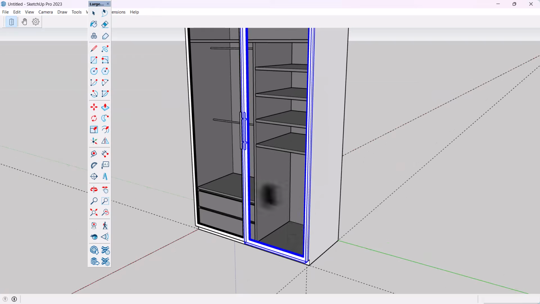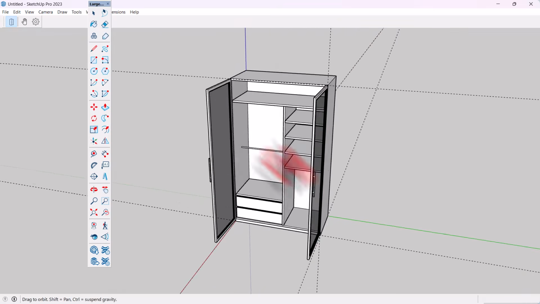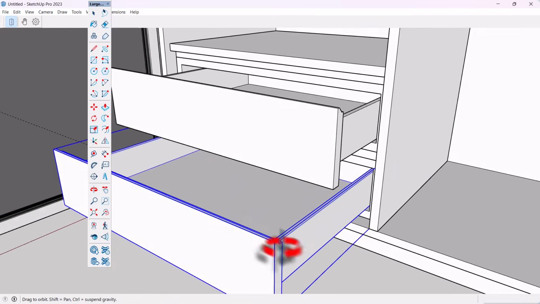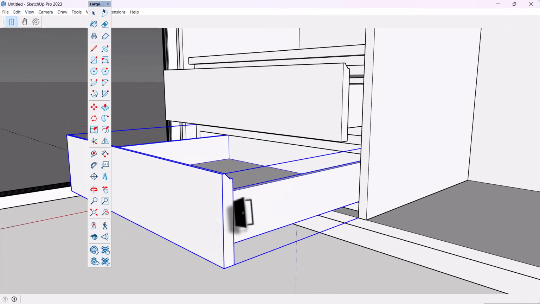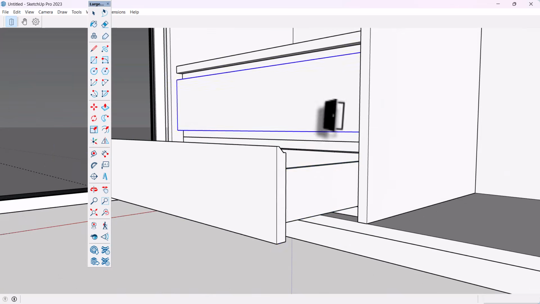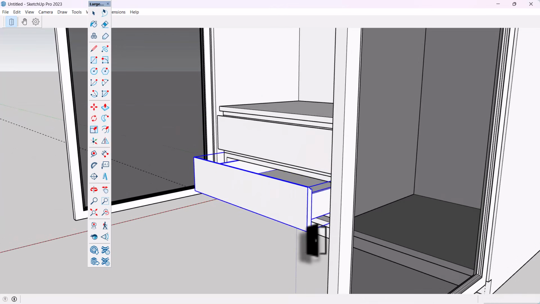Many people think a small bedroom cannot have a beautiful wardrobe, but that is not true. In this video, I will design a small bedroom wardrobe that is compact, functional, and perfect for limited space. I will show you the full 3D design process from start to finish, so you can learn and create the